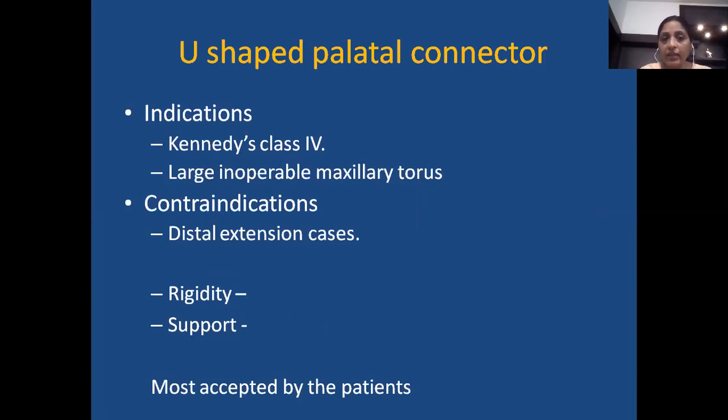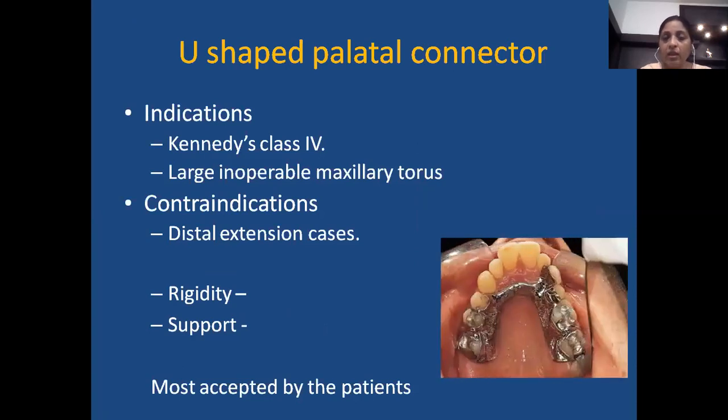The other major connector is the U-shaped palatal connector. As we can see in this figure, this is the U-shaped palatal connector, and the posterior bar is missing here, as we have seen in the anterior posterior palatal bar. So it is covering less amount of hard palate. There is no L-beam effect also because there is no posterior bar. So this will not provide much rigidity and much support, but it is indicated in class 4 situation, Kennedy's class